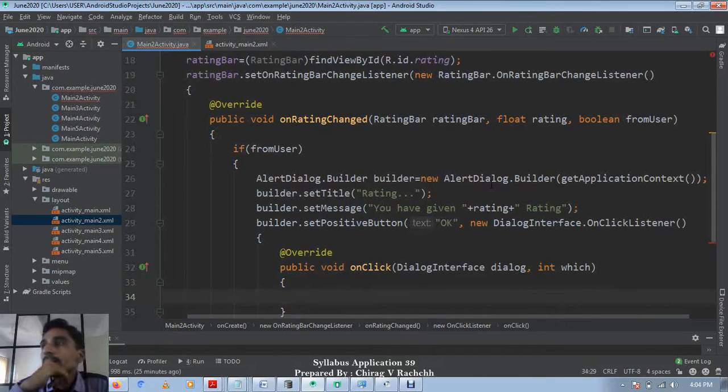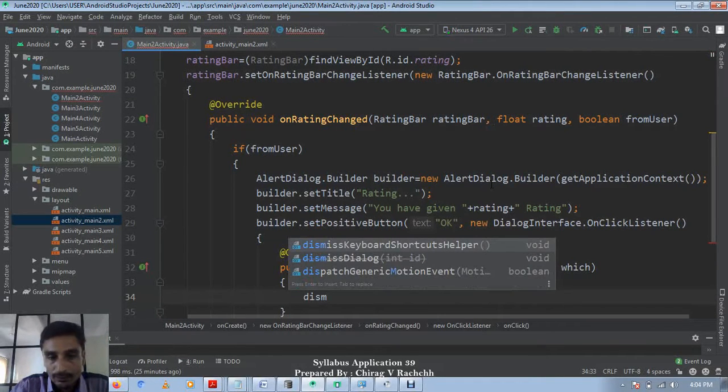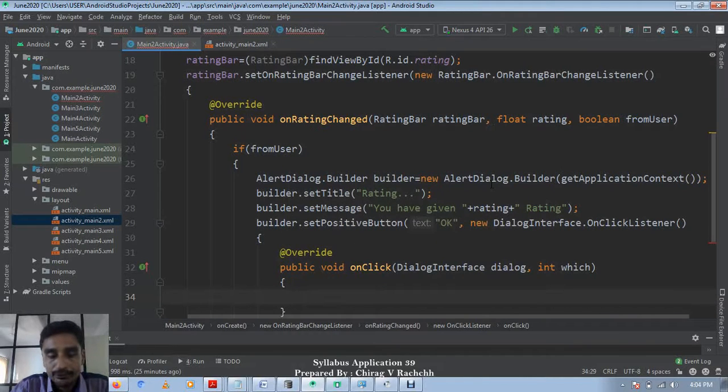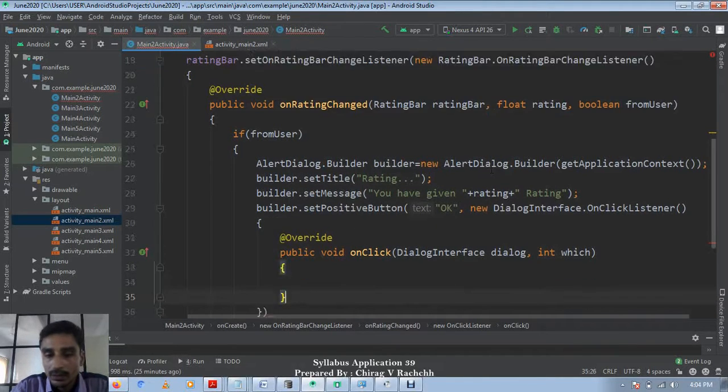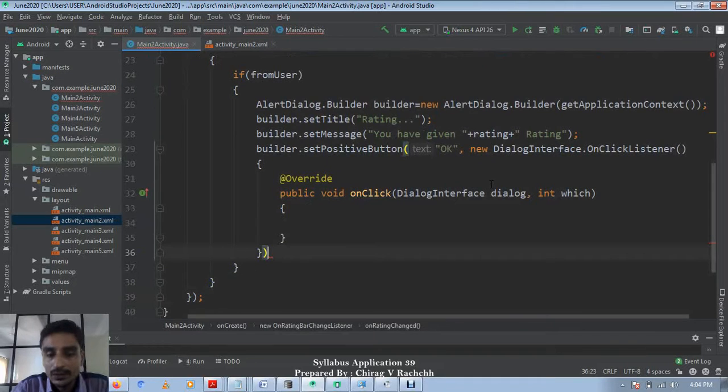Here we just need to dismiss the dialog box, and for that it by default disappears. Okay, we will see.